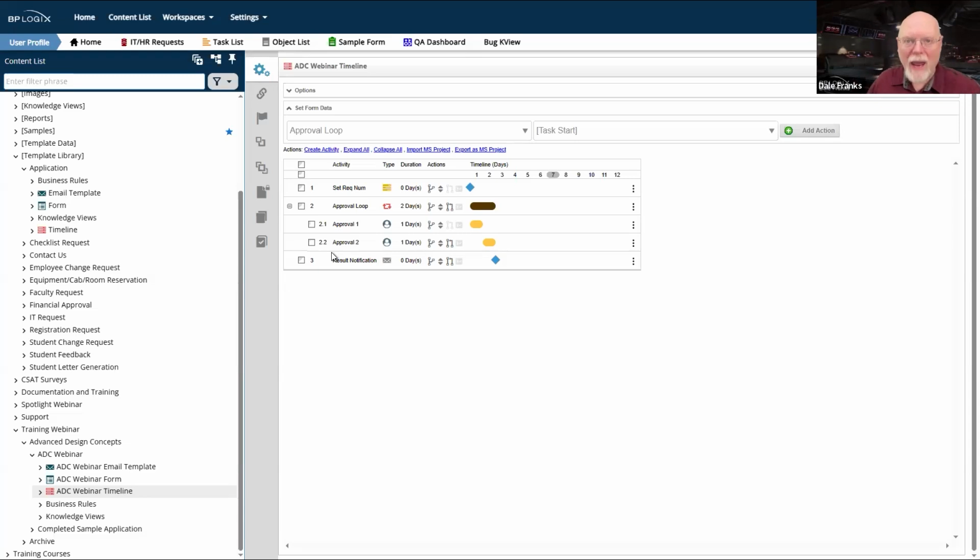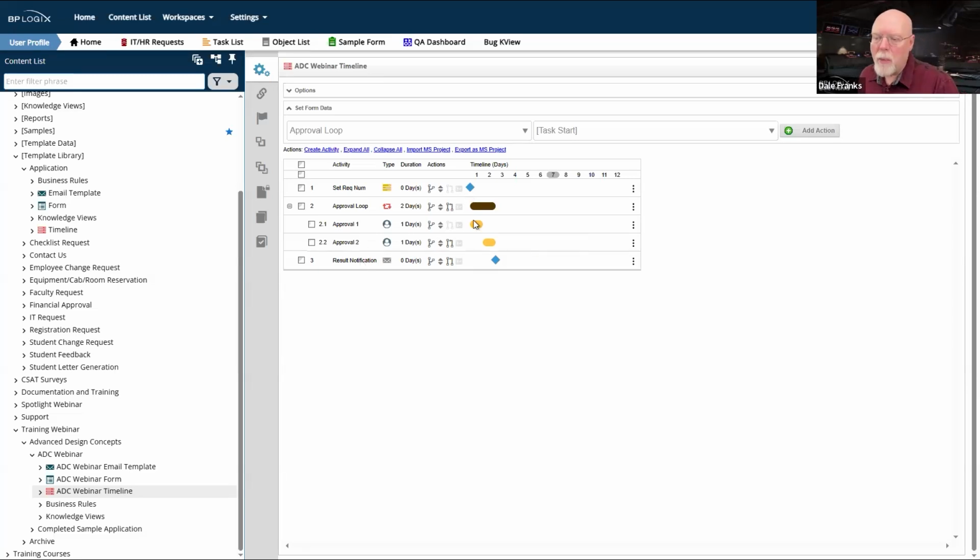And I need to have a way of canceling the process and just exiting all of the approvals, which in this case would take us straight to my result notification telling me whether my request was approved or denied, as the case may be.